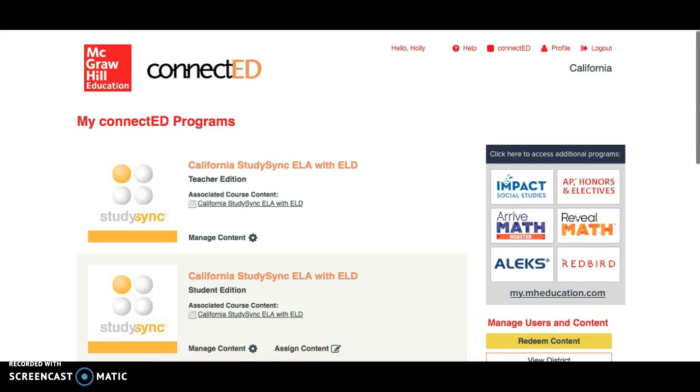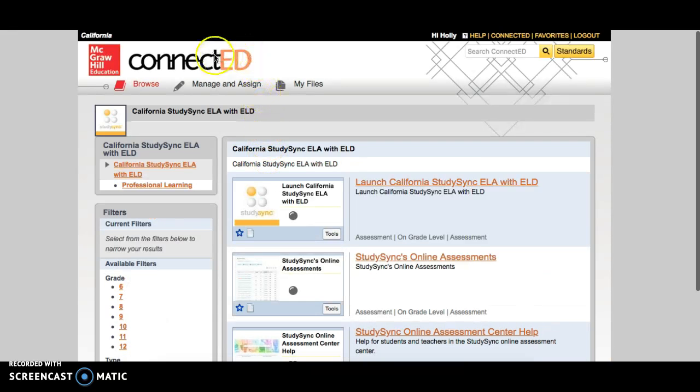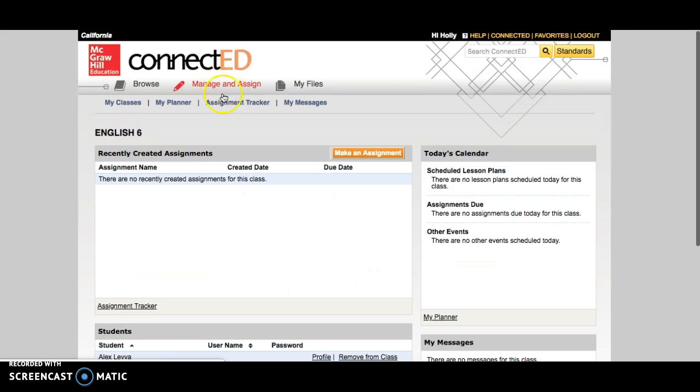Welcome. Today I would like to show you how you can remove classes and or students from your StudySync account. So you're in your account and you're going to click to go in, and up should come your Connect Ed page. On this page you are going to be clicking Manage and Assign instead of clicking into your lessons. So we're going to click on Manage and Assign,